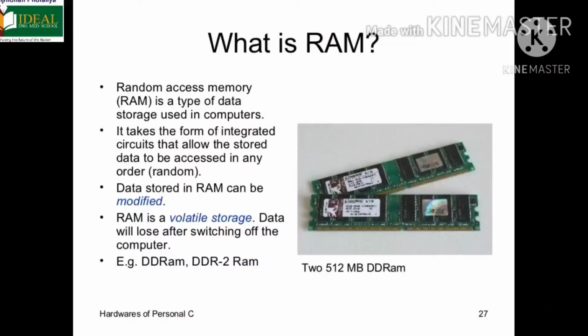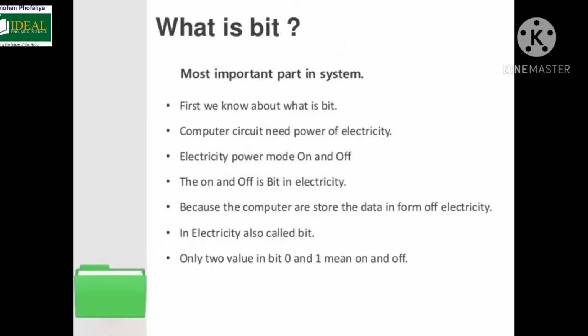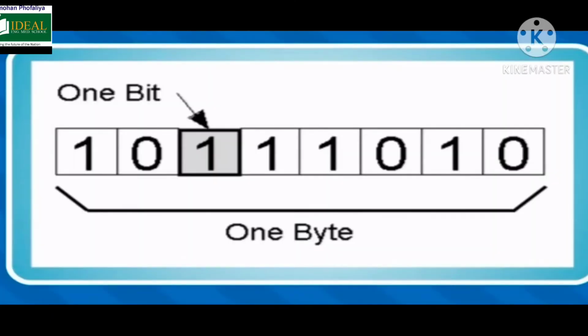In RAM, the information is stored using bits. A bit is a binary digit which can be either 0 or 1. A group of 8 bits is called a byte. What are these bits and bytes? We know that the computer understands machine language, that's 0 and 1. Here 1 byte is equal to 8 bits. Bit stands for binary digit, meaning 0 and 1. Here you can see in 1 byte 8 bits are there, in the form of zeros and ones.